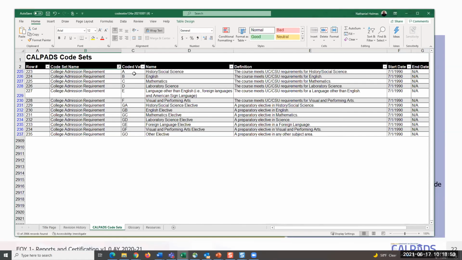Again, this is all done when you're doing your master schedule. You're identifying what courses meet UC-CSU requirements. And then as your students enroll in these courses and receive a successful outcome, this should be automated by your student information system. But this allows you to see and map different elements. And it gives us an opportunity to kind of fumble through the documents and show you some of the relevancy and how they would be used to shortcut information.